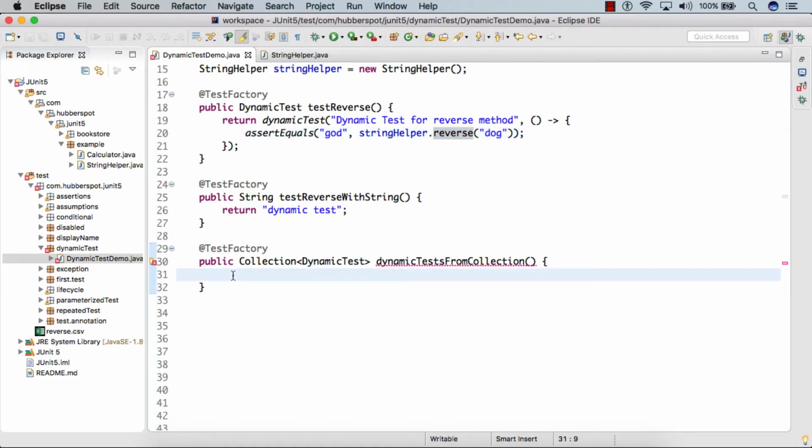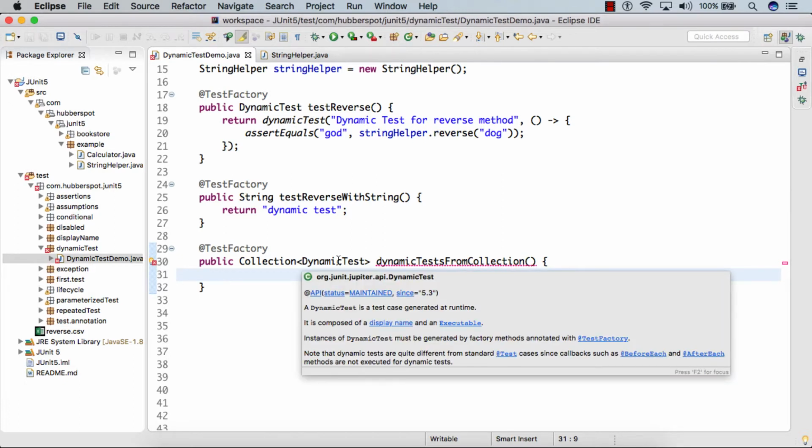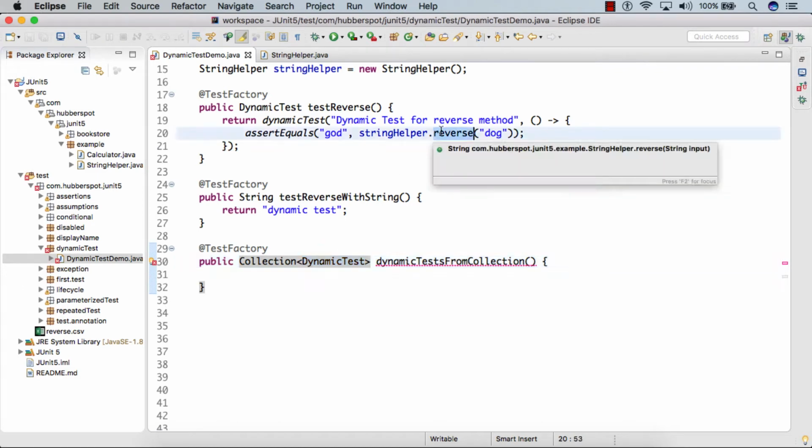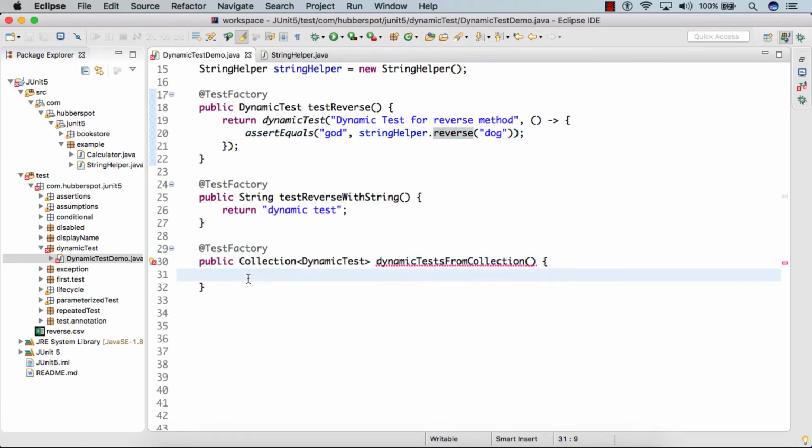So in order to run multiple dynamic tests for the StringHelper reverse method, we'll first create a list of input strings which we will pass to our reverse method. So here we'll create the list of strings, and give it the name inputList.